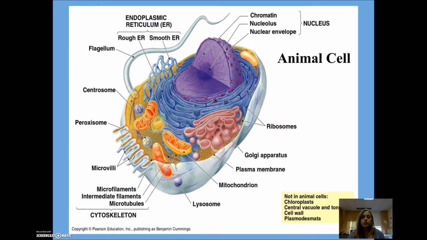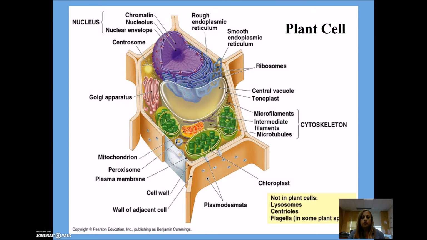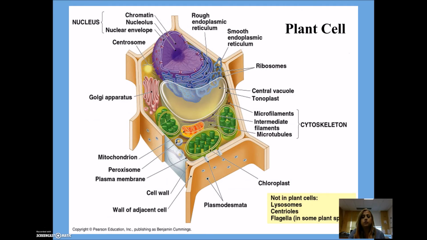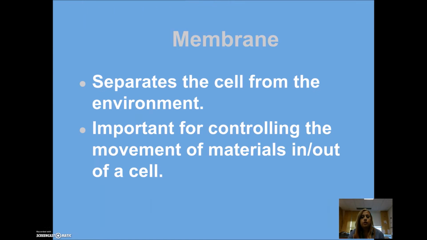Here we have just a very classic picture of an animal cell and all of the different features. And here's a plant cell. Just by comparing these two cells, you can tell that they probably serve very different functions because of the different structures they have. Both types of cells will have a cell membrane,